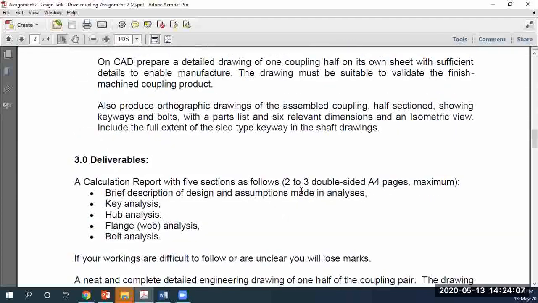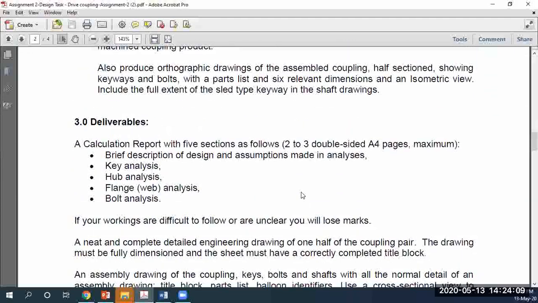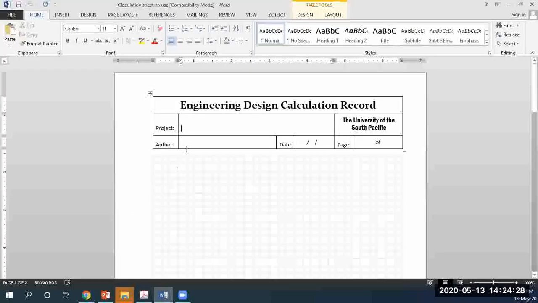Before I start with this, I'll give you some guidelines, or rather I'll just get you started with your calculation report, so that things become much easier for you. For the deliverables, it says you'll be using a calculation report, which means the Word document. You can start this by giving your project a name. In this case, it is a design of a